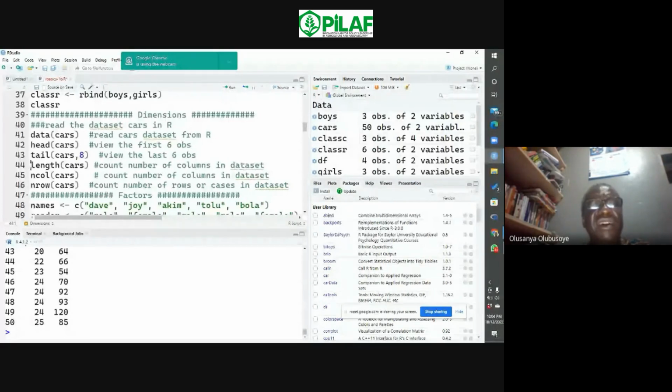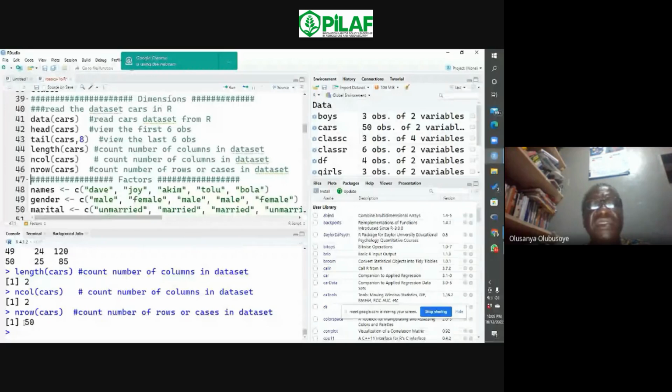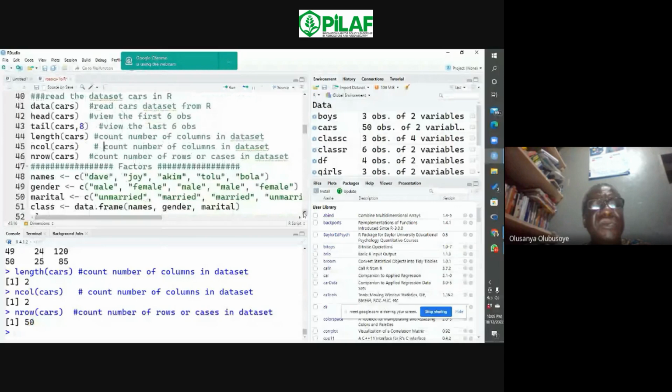If I want the length of that, which means I'm asking to count the number of columns in the data set. So you have 2. If I want the number of columns, I have 2. If I want the number of rows in the car data, I have that. This is 50. So in other words, you can always use length, ncol, and nrow to get the length, the number of columns, and the number of rows. So that's what I will say so far about